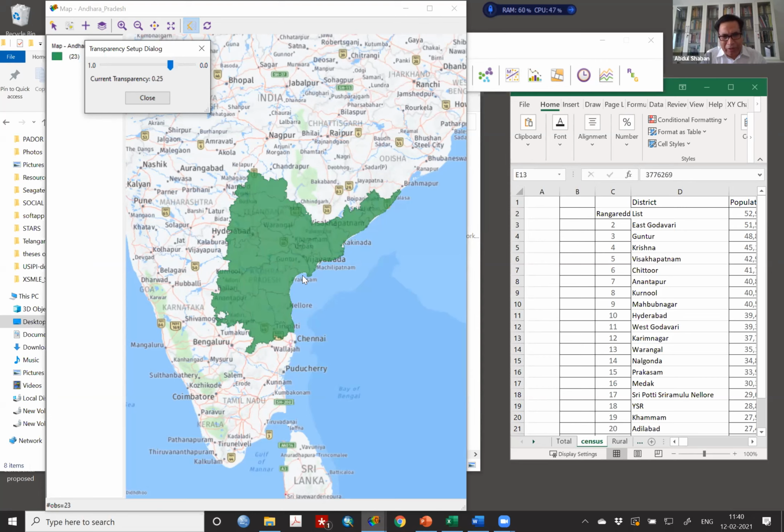But this layering process is not very complete here. As I told you, it has limited capability, but it is more advanced in statistical performance. Basically it is made for the econometrics and geostatistics which we use.